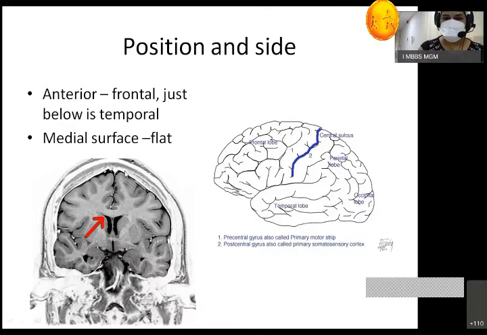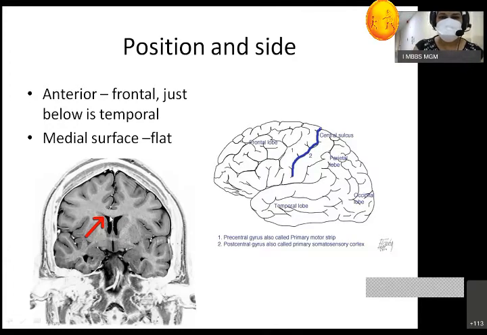Here in this cross section, if you take a cross section in the middle part of the cerebrum, what are we able to see? Here, this is the median longitudinal fissure, which is separating the two cerebral hemispheres. As you can see, it is complete in the upper part, but in the lower part it is not there. It is because of this connection between the two cerebral hemispheres, which is called the corpus callosum.